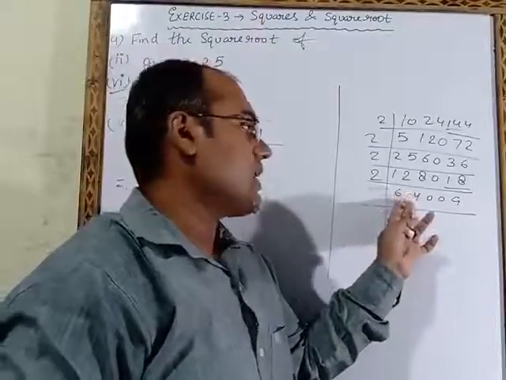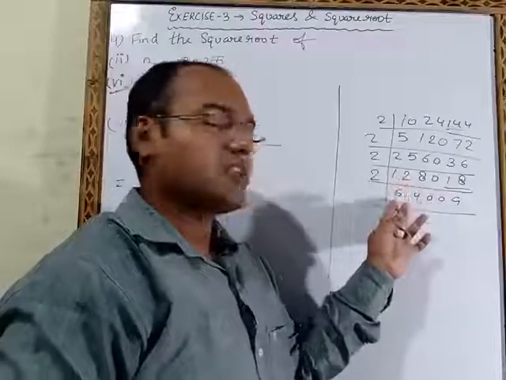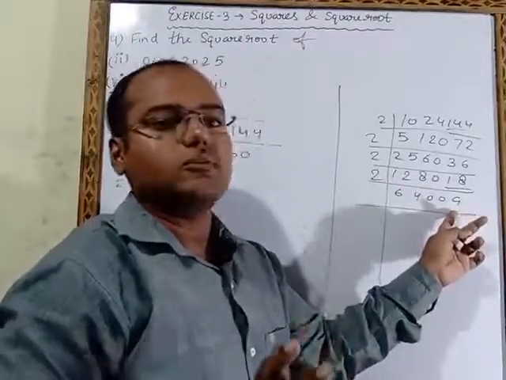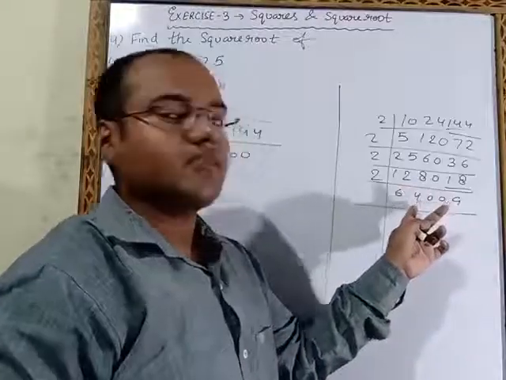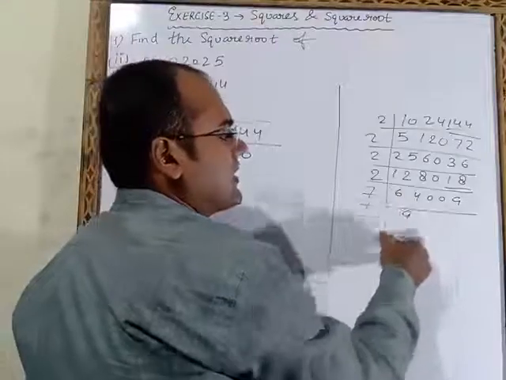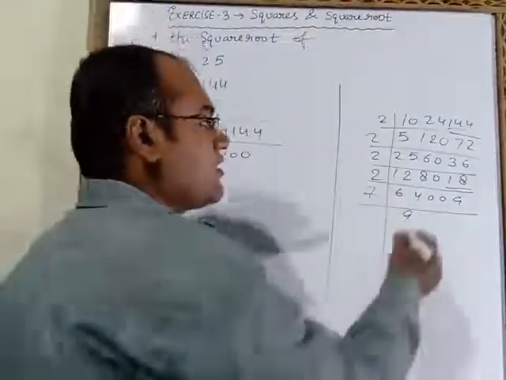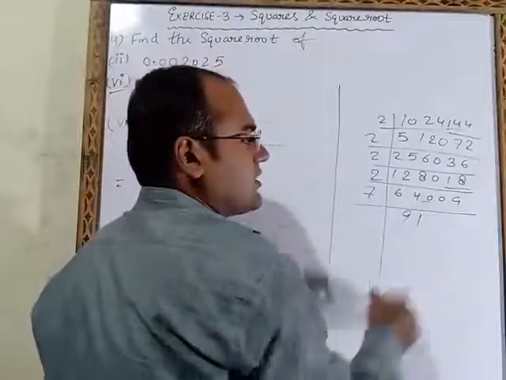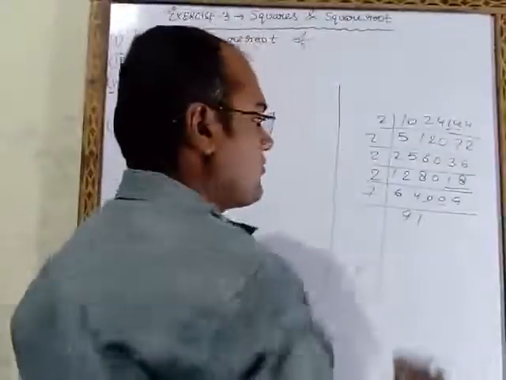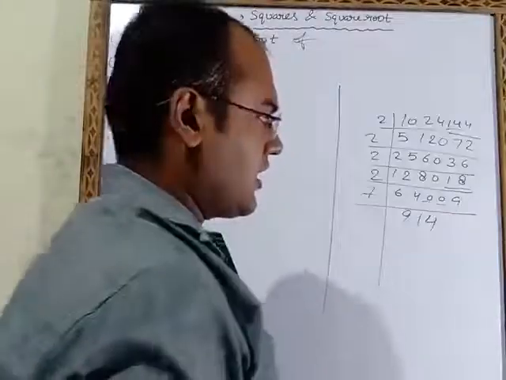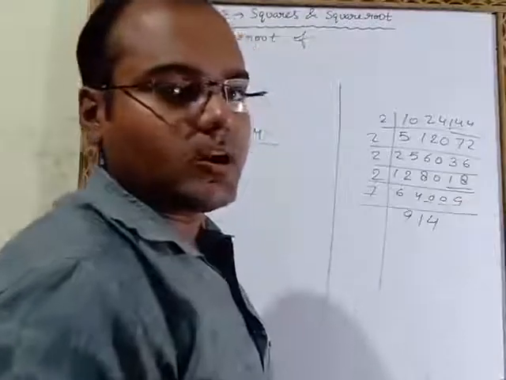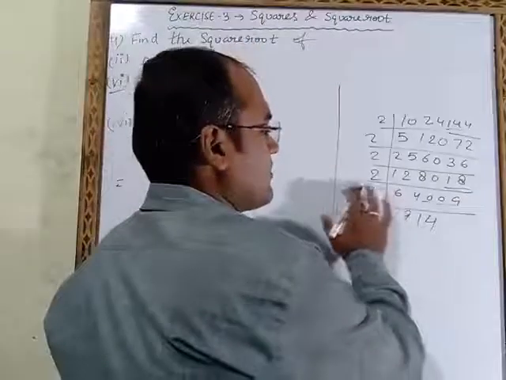Now this number is not divisible by 2. It is not divisible by 3 also. After 3, which prime number is coming? 5. At the end 9 is coming, so it is not divisible by 5. So we will try with 7. 7 9s are 63. Remainder 1, 1 and 0 is 10. 7 1s are 7. Remainder 3, 3 and 0 is 30. 7 4s are 28. Remainder 2, 2 and 9 is 29. 29 is not in the table of 7, so that means this is not divisible by 7.